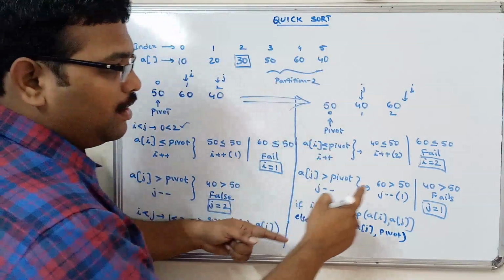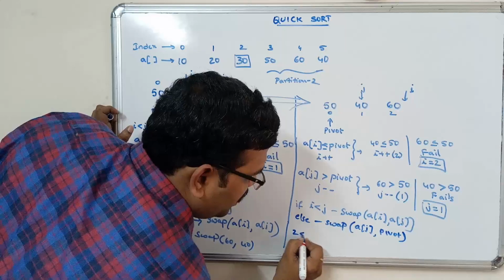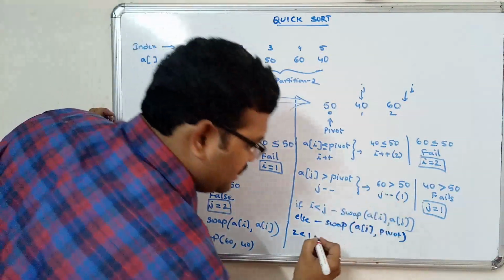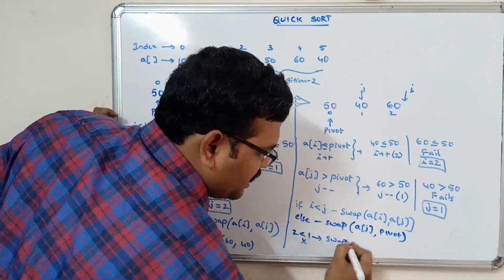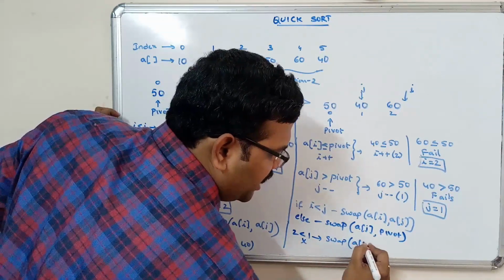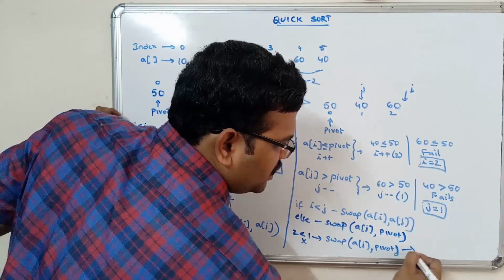Right. Now here I is 2, j is 1. 2 less than 1, false. So false condition, swap a of j comma pivot, which is nothing but